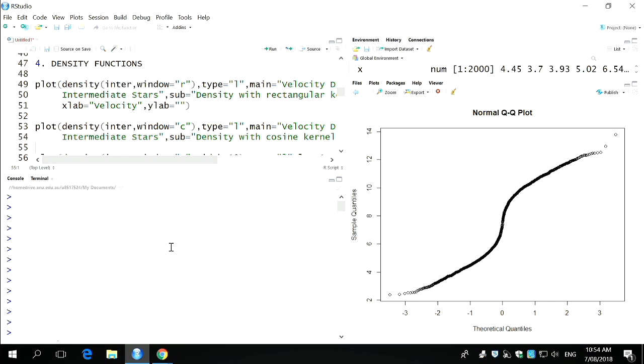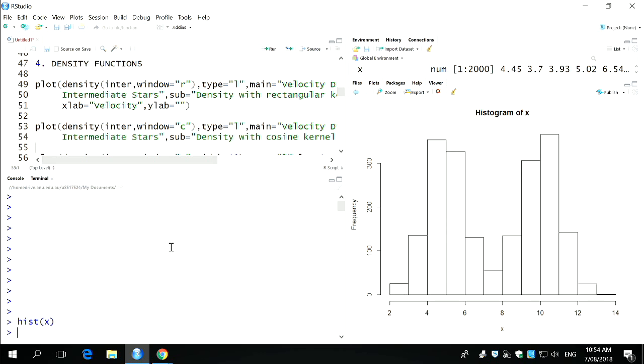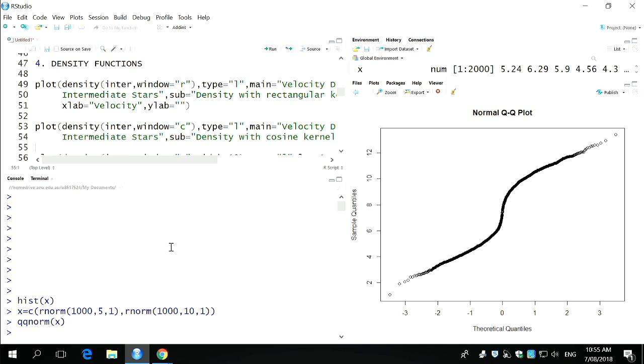Let me show you the histogram. Bimodal. So how did I create this data? Really easy. I basically took two normals and just smushed them together. So I created 1,000 normals with mean 5, 1,000 normals with mean 10. So I'm going to have these two normal distributions sitting side by side. That's how I did it. And there's what I get. Now, there's a link between